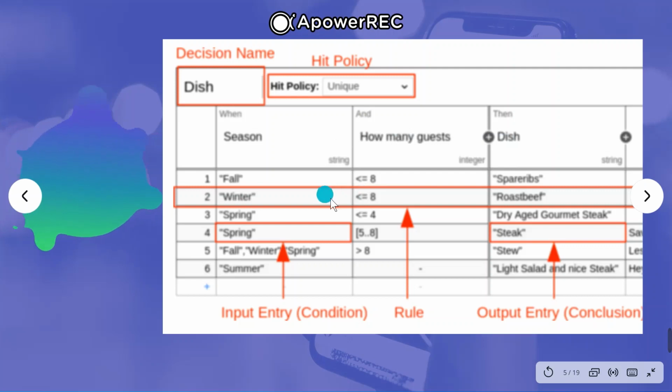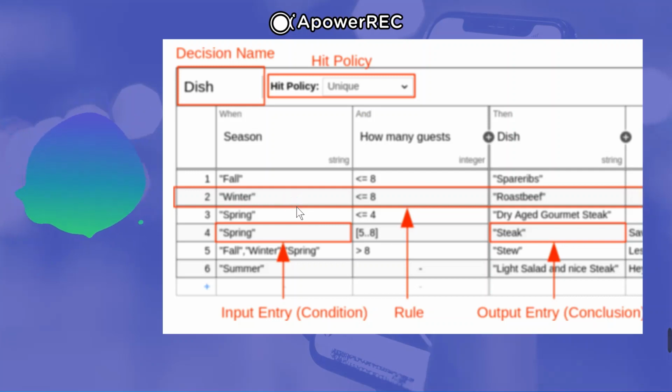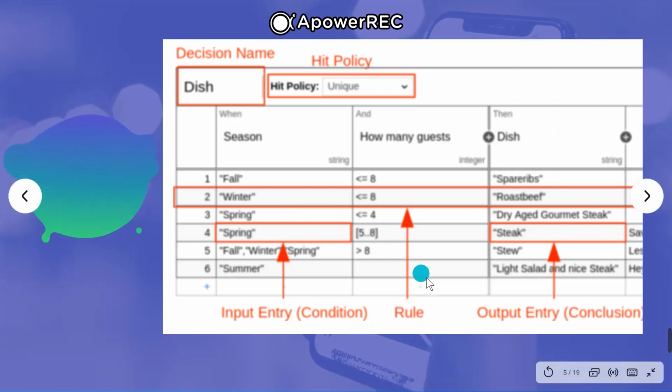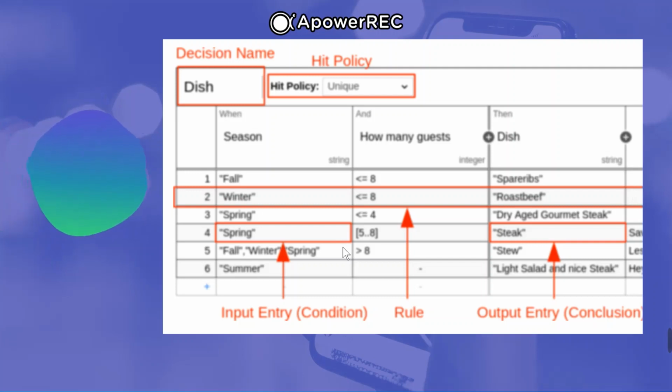Each input cell in a rule represents a true or false condition for that input, like does it match a particular value or fall into a specified range, etc. A hyphen in the cell means the input is irrelevant in this rule and the cell value is true by default. If all the input cells for the rule evaluate to true, the rule is said to match and the output cell value is selected as the decision table output.